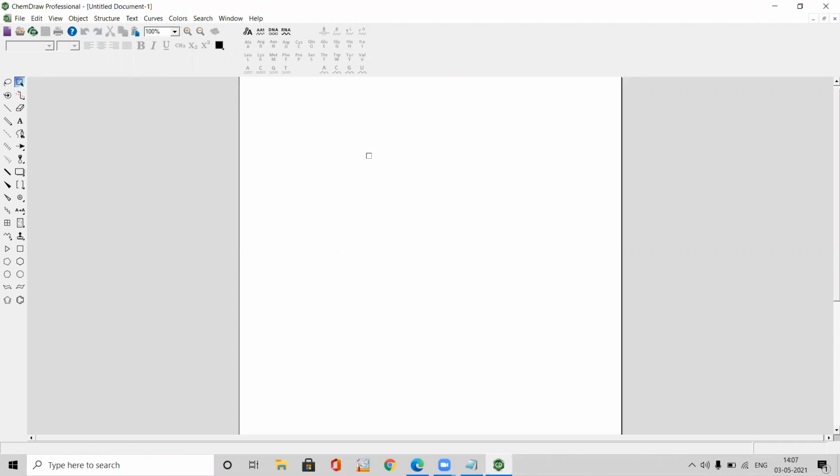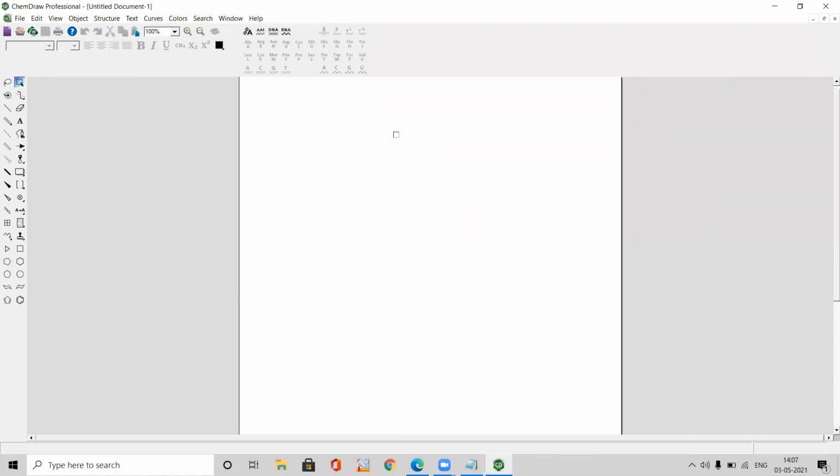You can see on the screen a square type of thing that I am moving on the white color background. This is the select button. If you click and drag, a selection portion will come, and if you leave it, the portion will get selected. By default, this cursor will be activated.